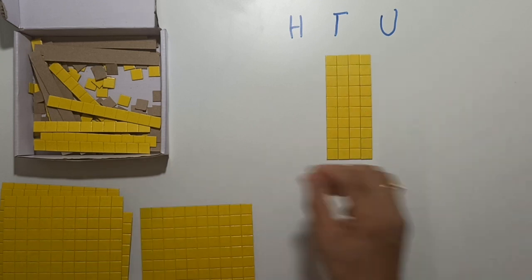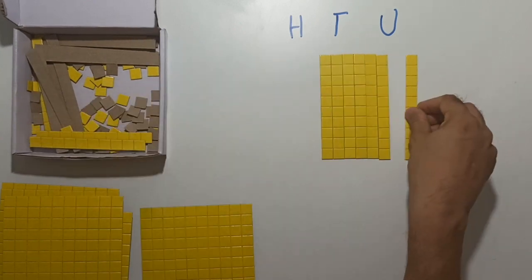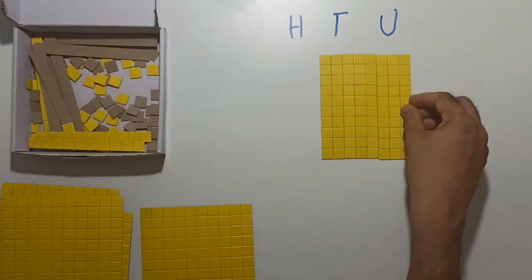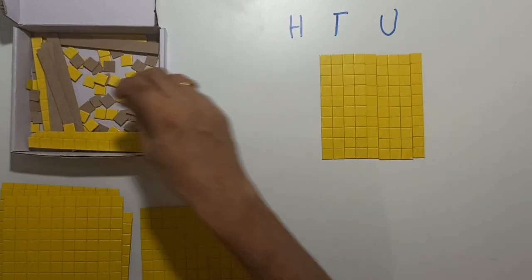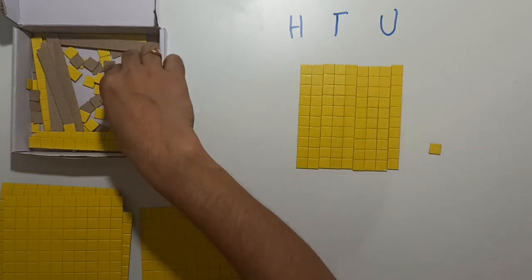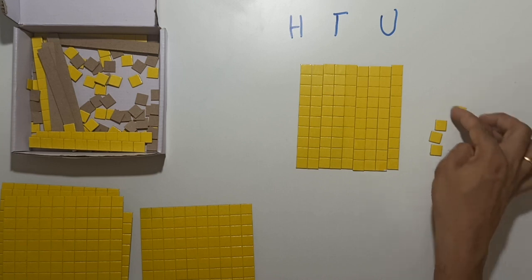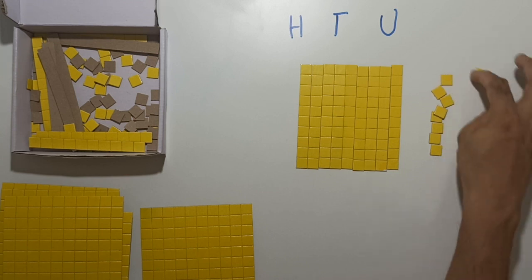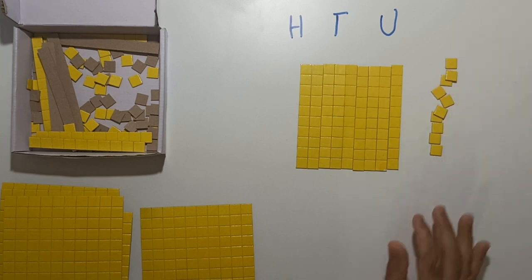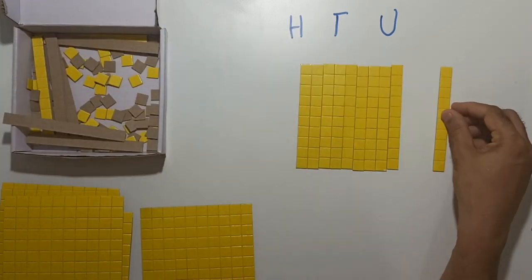Now the tens kept growing like this. 5, 6, 7, 8, right? When I had 8 it becomes 80, then there is 90. Then from 90 I started counting 91, 92, then 93, 94, 95, 96, 97, 98, 99, and then when I got 10 of these things, what did I do? I exchanged it again for one more strip.